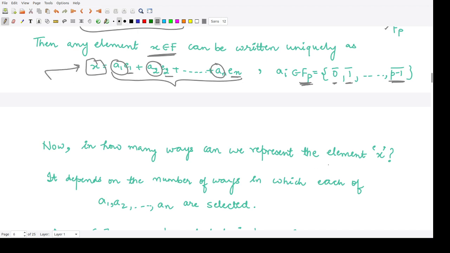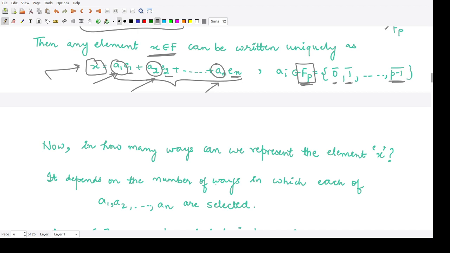For that we will see in how many ways a1, a2, up to an can be chosen. Now a1 is present in Fp, and the number of elements present in Fp is p.